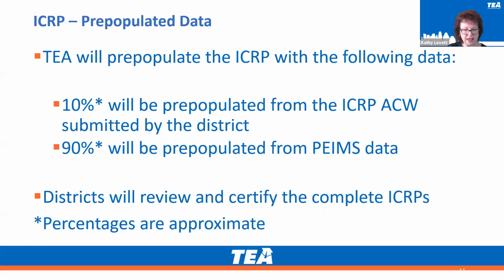Just a clarification, TEA is requesting this additional data via the ACW because that data is required for the indirect cost rate calculation and cannot be obtained through the PIEMS system. Most of the expenditure data submitted in the ICRP ACW are for costs that are considered excluded costs in the indirect cost rate calculation. These costs actually distort the expenditure base. So leaving these out of the calculation would cause the resulting rates to be much lower than they actually should be. So it's really important that you take great care in completing the ACW and submitting accurate data, because it ensures that your rate will be more accurate.